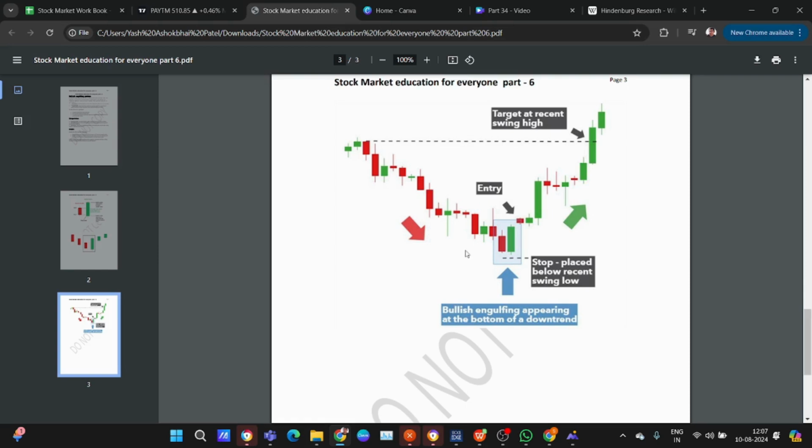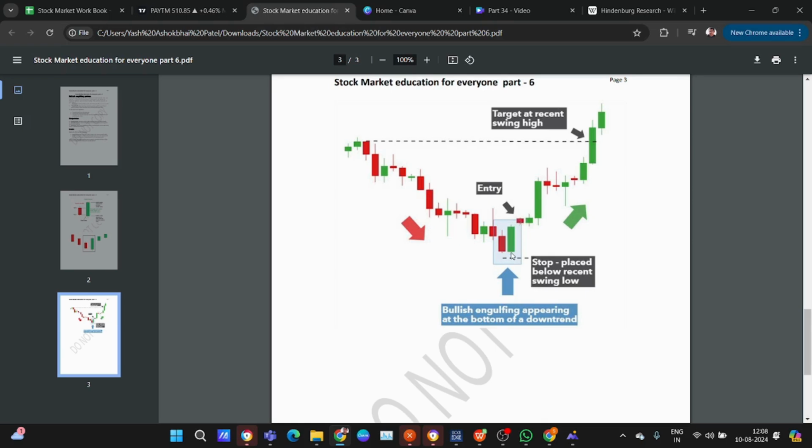This is the live example with entry, exit and target. The trend is a downtrend. This candle is also down. The second candle engulfs this entire candle body. Yes, this candle is bullish. Yes, confirmation comes into the picture: the bullish engulfing candle's high is broken by the immediate next candle. Then you can enter this trade as an uptrend.